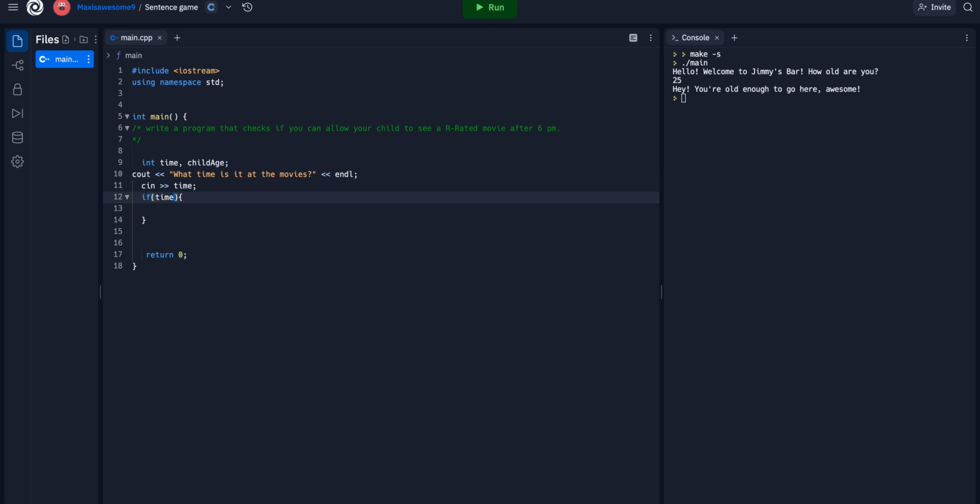If time is greater than or equal to 6, then we would write,